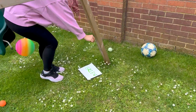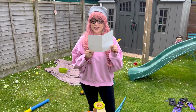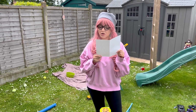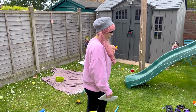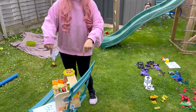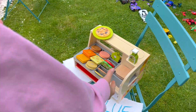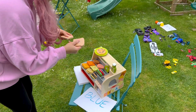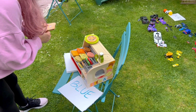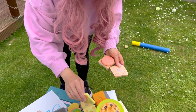Green station, check. Now, find the blue station and create the best sandwich in the world. Yummy! Purple, black, done that. Blue station right in front of me. And here we are at the sandwich station. We need some bread. Alright, some bread with a bit of ham, some cheese,